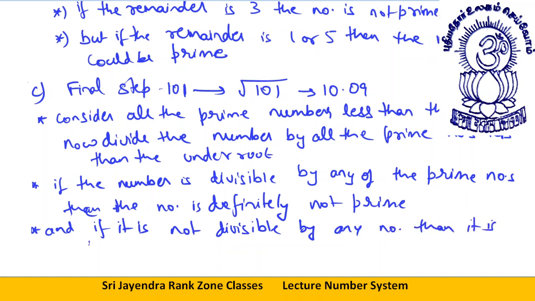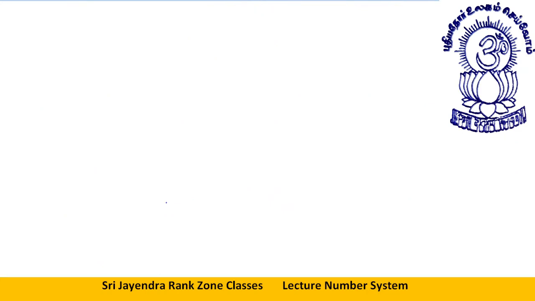So we have literally shortened the method of checking. What I do, I will just check if the number is divisible by the prime factors lesser than the number. If it does not happen, then the number is prime. Let's take a very good example of this. As I told you, under root of 101 will be 10 point something. I really don't know what it will be, but it will be 10 point something.